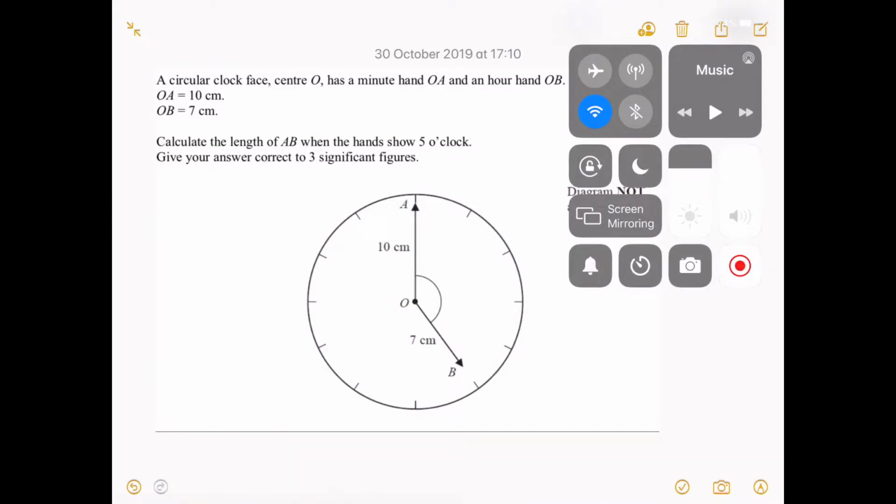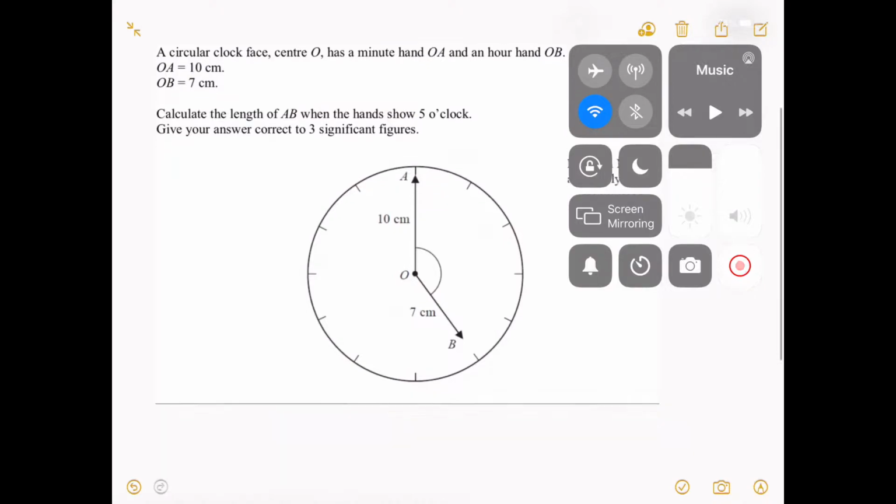Today we're going to be doing something different and attempting this very interesting question that is not part of the UKMT. So, let's